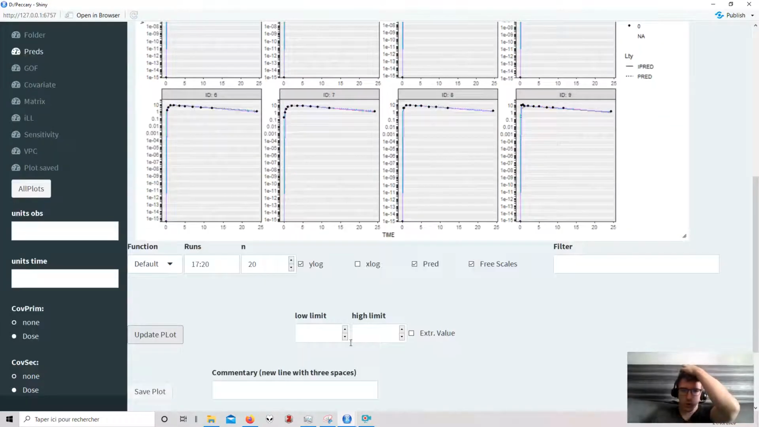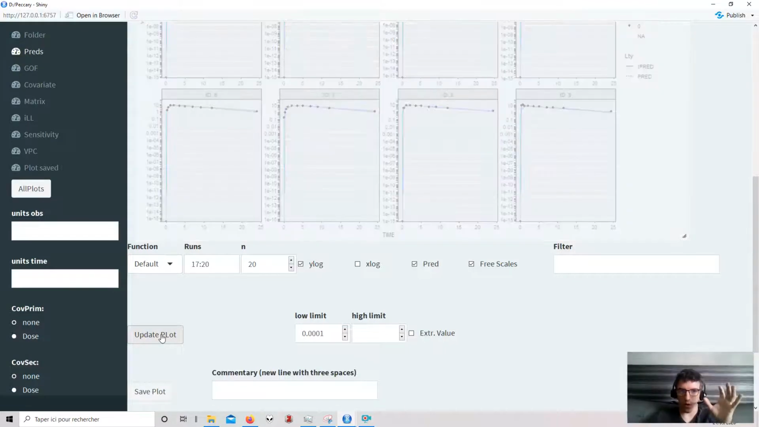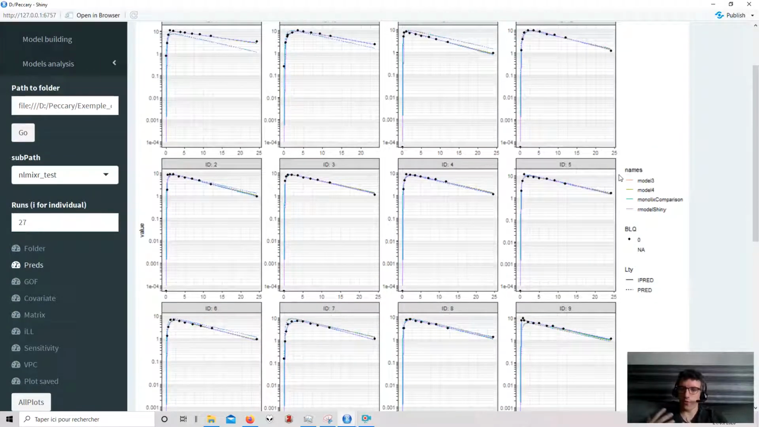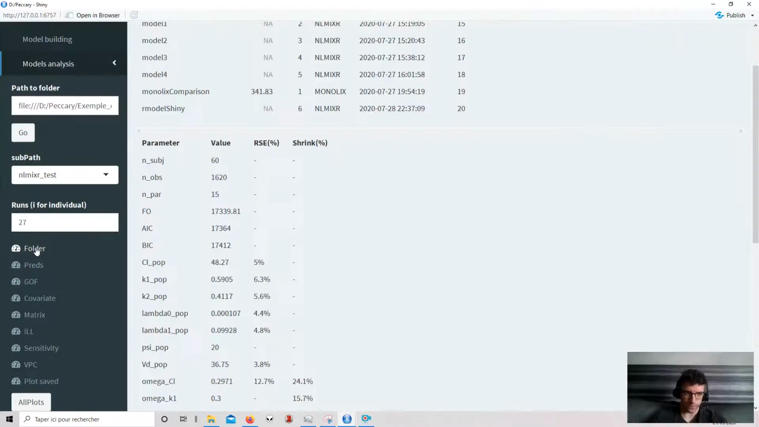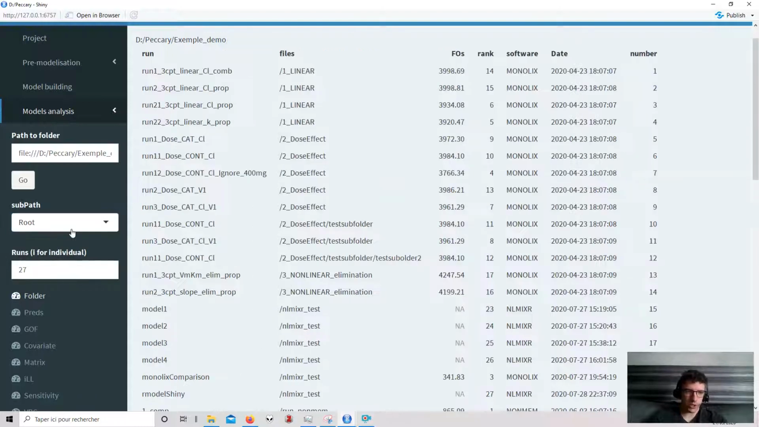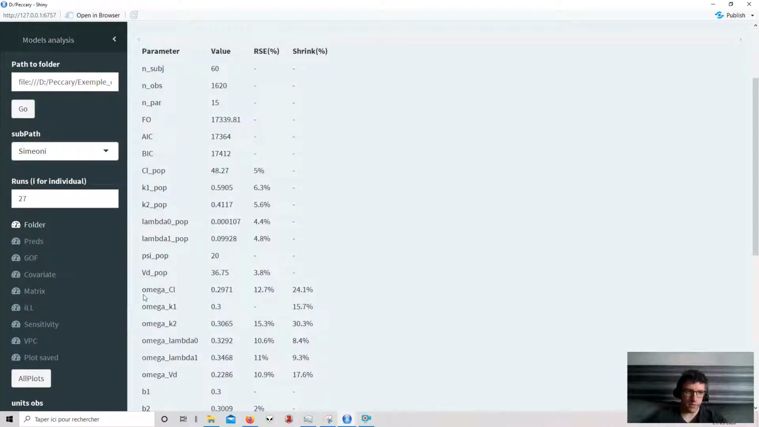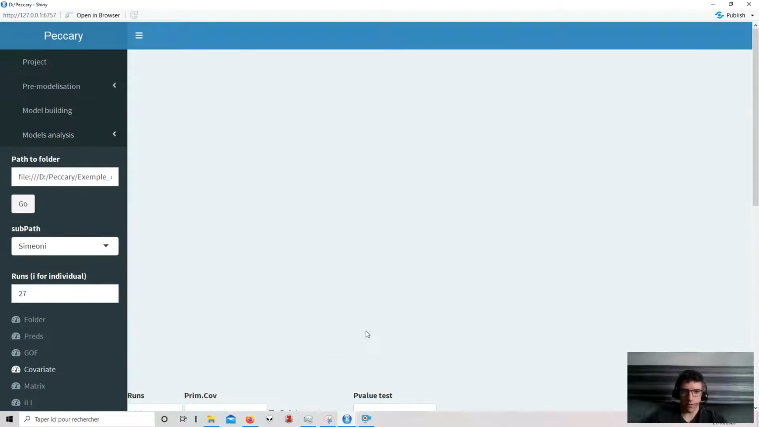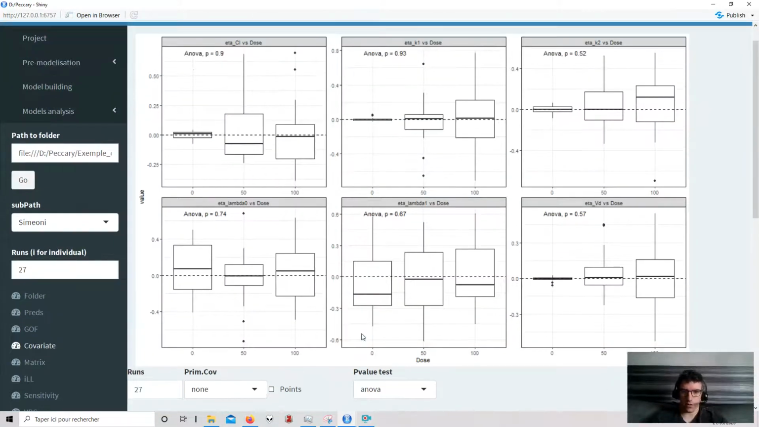So I'm able to compare a run from Monolix and a run from nlmixr. You can even compare runs that have not been estimated with the same parameters tool. But let's go back to the Simioni here, 27 to 28. You have the same thing for almost everything. So here it's to analyze some